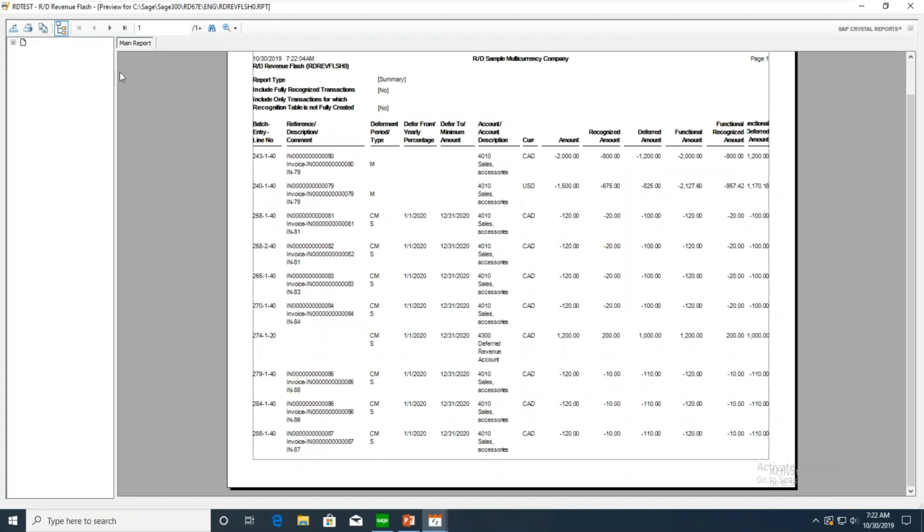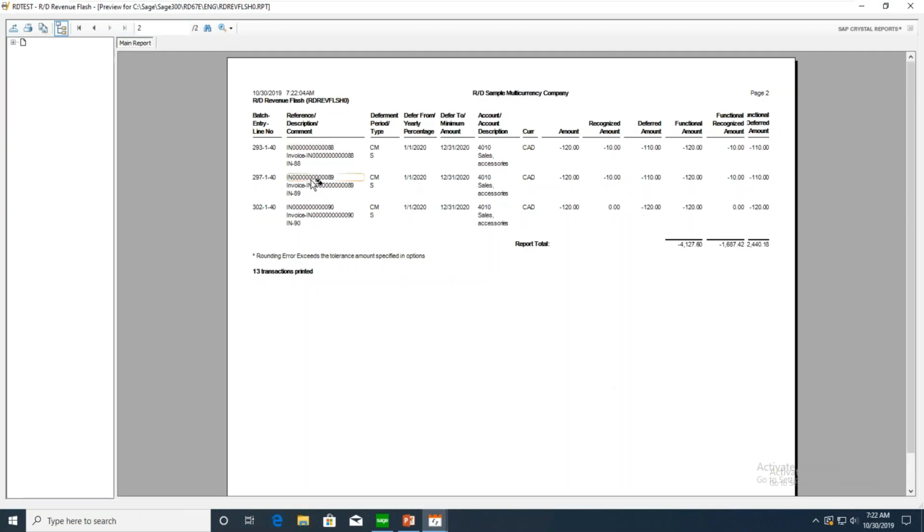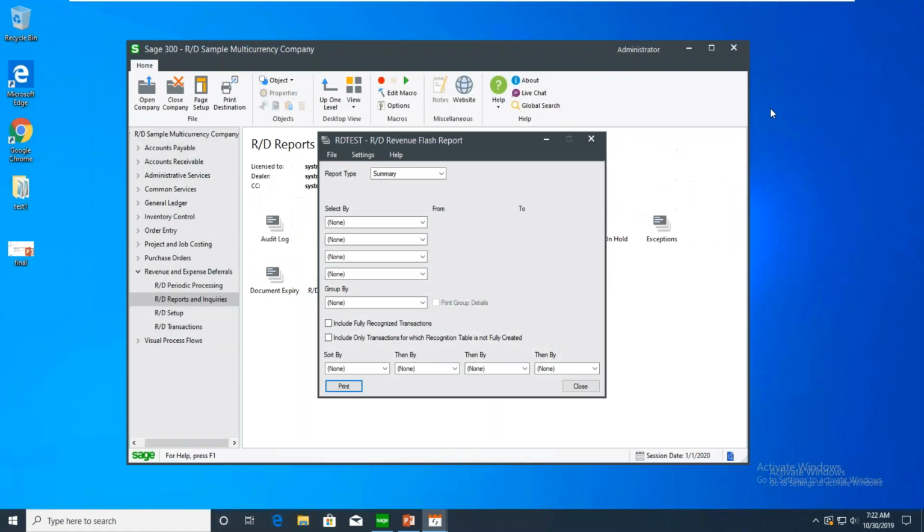And here, for our two invoices, we can see that for the first invoice, the 89, $10 is already recognized and $110 is yet to be recognized, and the original amount was $120. For the second one, $120 needs to be recognized. We can print it in detail, which will show us each recognition or deferral line by line,